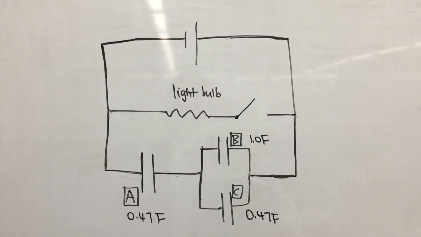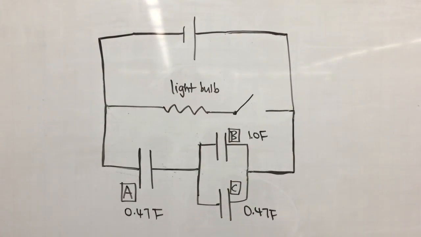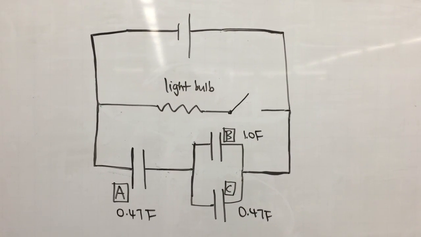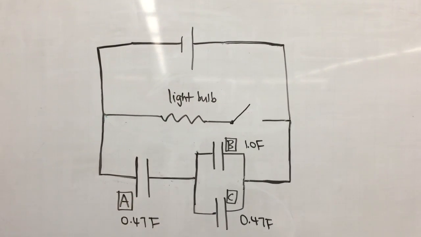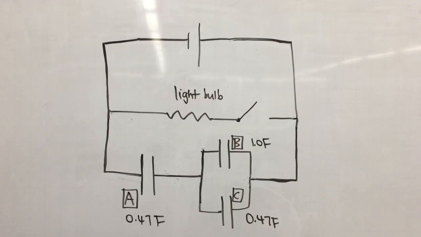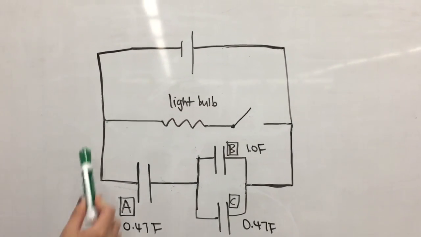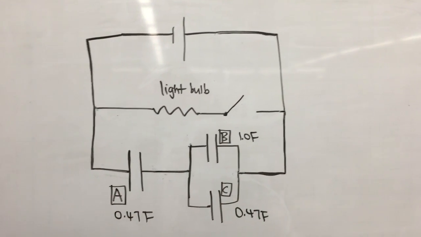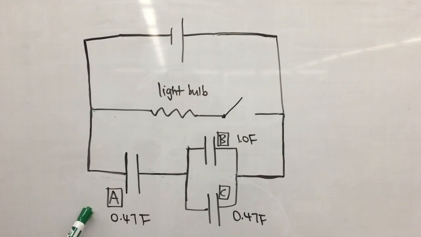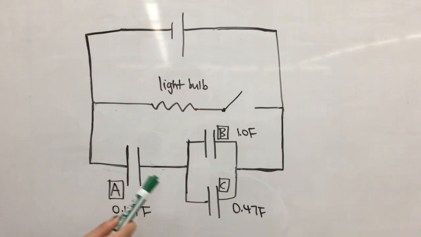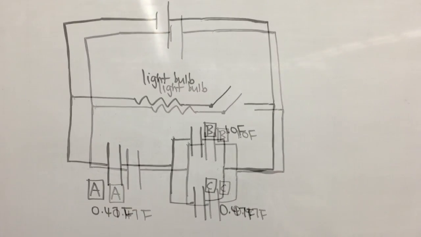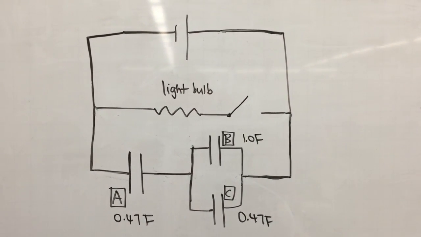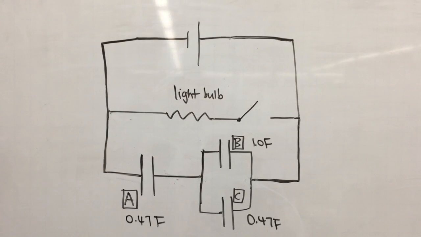So this is the circuit that we're going to set up today. As you can see, we have a battery as our power source, we have a light bulb with a switch on the side, and the light bulb is in parallel with a bunch of capacitors. So capacitor A is in series with capacitor B and C, and capacitor B and C are in parallel with each other. The goal of our experiment is to find out the charge distribution on the different capacitors